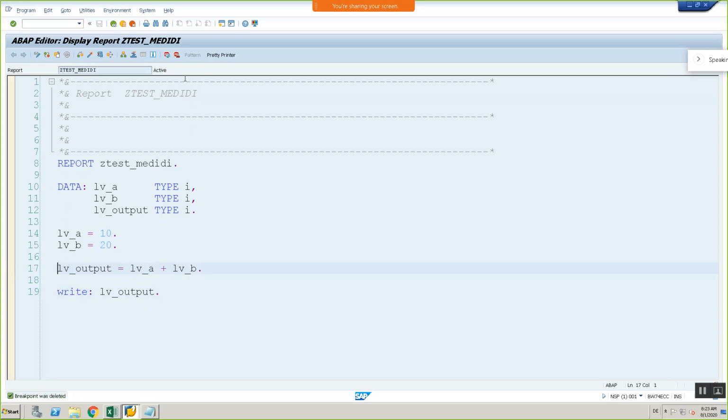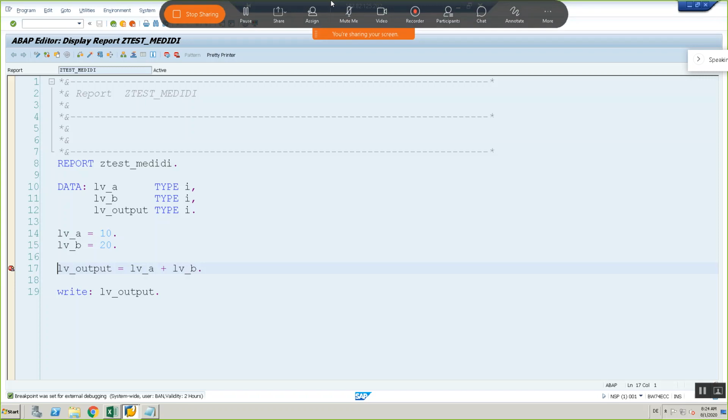When you are setting the session or external breakpoint, check the status below. Here we are getting the status, right? Let's see it carefully. I am clicking on the external breakpoint. See, the breakpoint was set for external debugging. What is this validity? This breakpoint will be valid for only 2 hours. It means even though you close the session, this breakpoint will remain for 2 hours. After 2 hours, the system will delete this breakpoint.